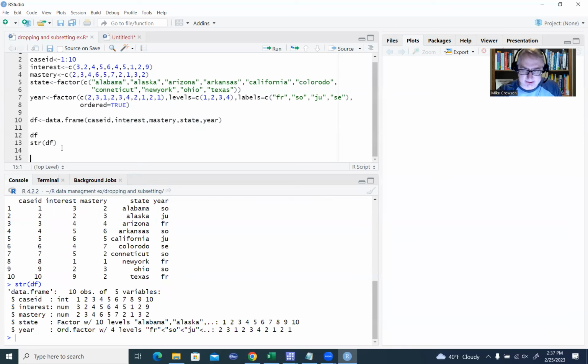So at this point, now let's look at the possibility of creating data frames with a subset of the variables that I've created and that are stored in the data frame called DF. So we'll start off with just dropping two variables from this data frame. So I'm going to actually create a little comment here, and I'm going to call it dropping two variables